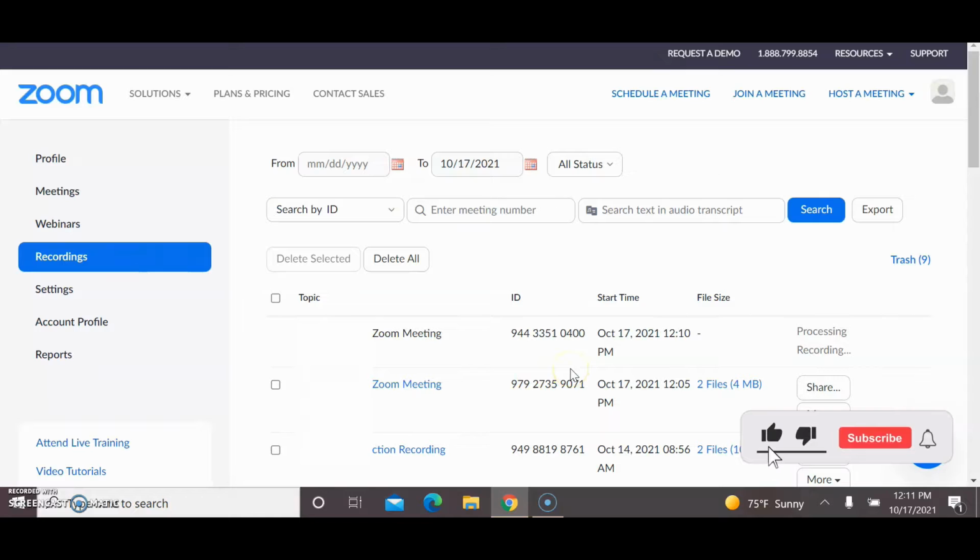One thing you can do is when you record something on Zoom, you can either record it to the cloud, which is basically directly on the Zoom website, or you can record it so that it downloads directly onto your computer. If you download it directly onto your computer, it saves on your computer. But I just wanted to record it to the cloud. So what I will do is